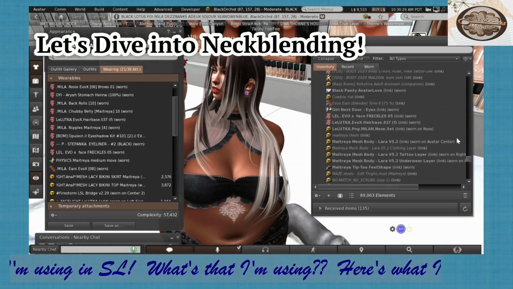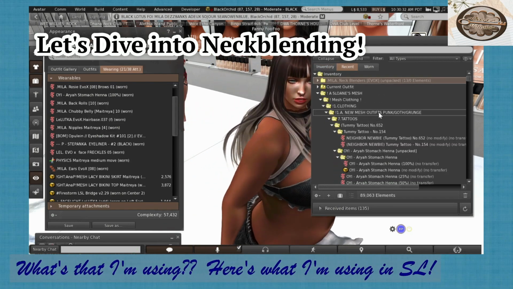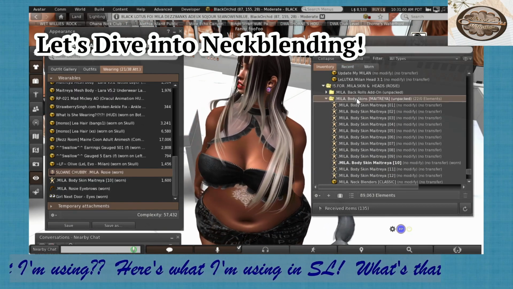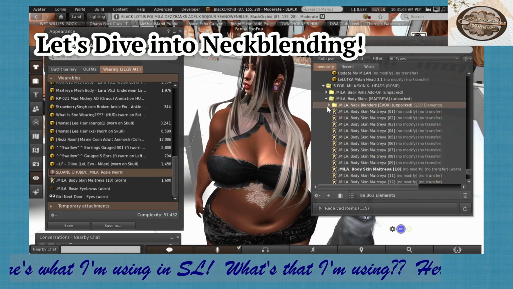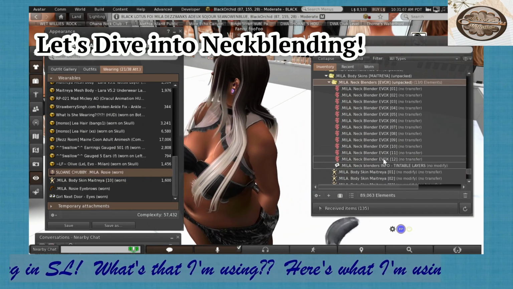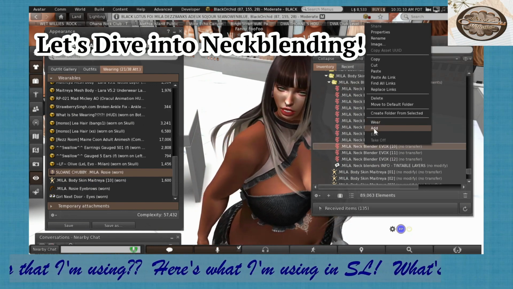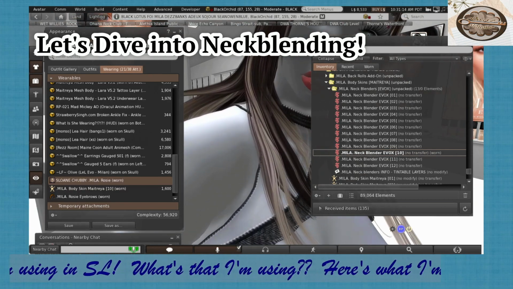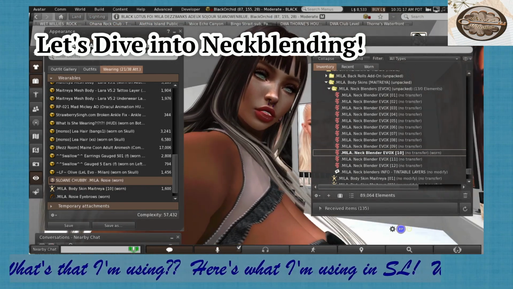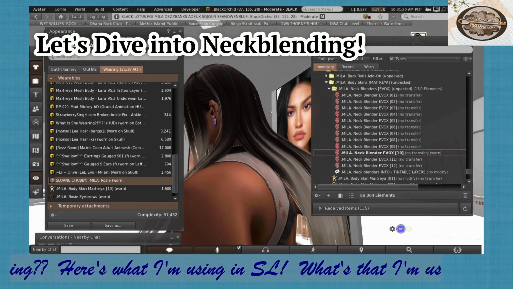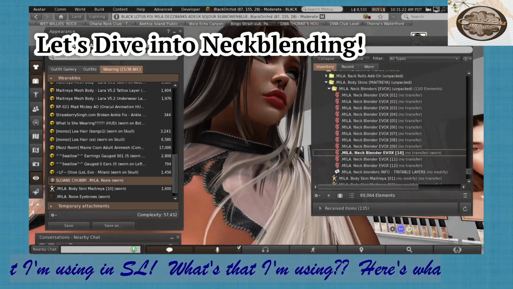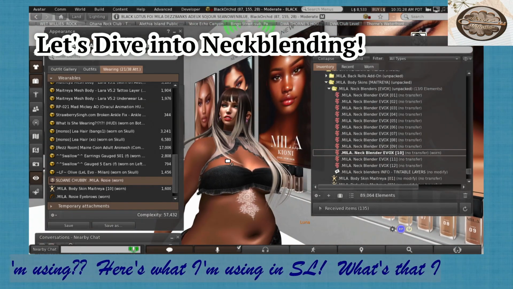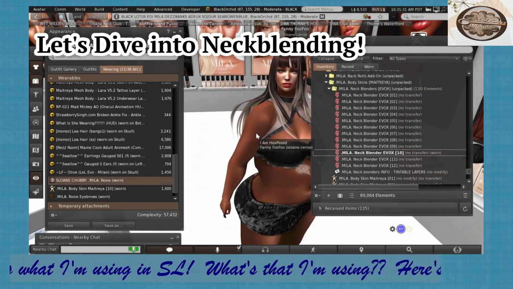Scroll on down. Our stuff, neck blenders. Let's put them in underneath. And let's try the neck blender. What are we setting on? 10? Add. So if we're mismatched with the face and the body, we can pop on the neck blender right there, and it blends it right up to the face. So it makes it look really natural. So you can wear a little bit lighter face,